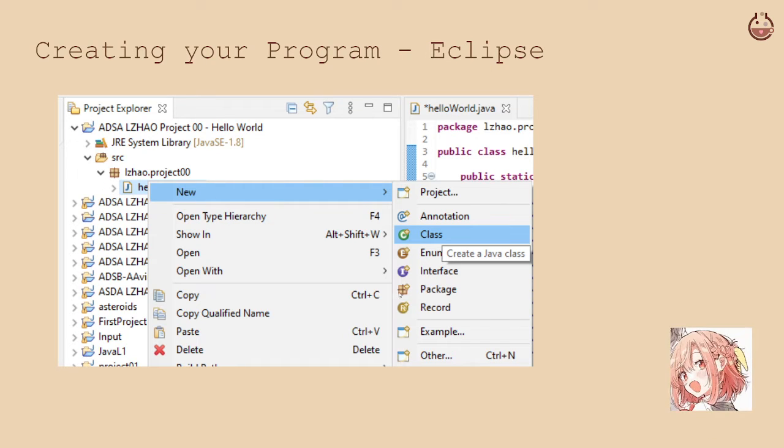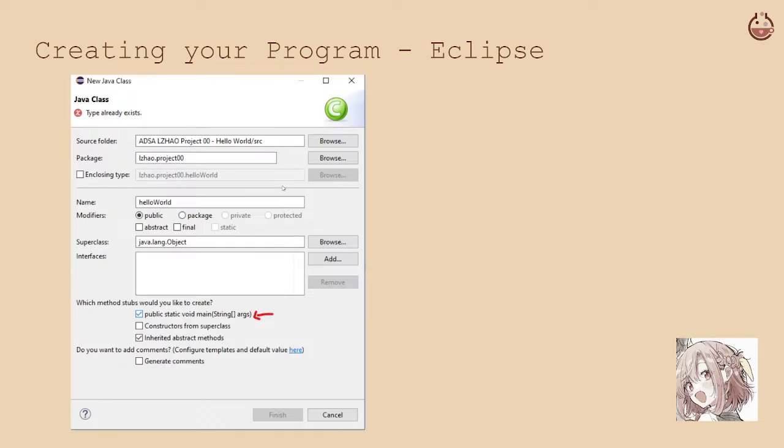And if you want to make a package, it's right here. It'll just ask you to name the package and then just click in the package, make a new class. Or if you don't want to make a package, you can just make a new class by clicking new class. Simple. And as for name, obviously, if you want to make it appear with this public static void main thing,